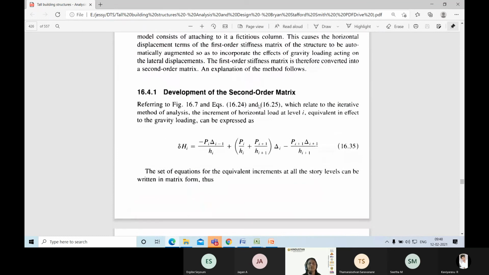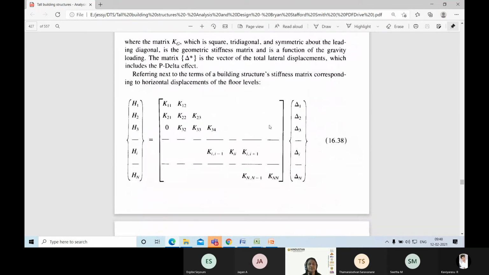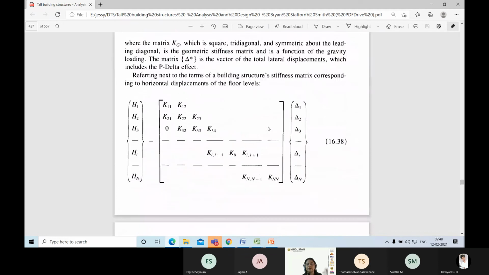How do you do it? Development of a second order matrix. All these things, see how the calculations go. That is why in structural analysis you must have learned the stiffness method of analysis. I don't know how many of you remember the flexibility method and stiffness method of analysis. In that, the stiffness method of analysis is very important. That is the basis for software analysis. Okay. You can see here how the